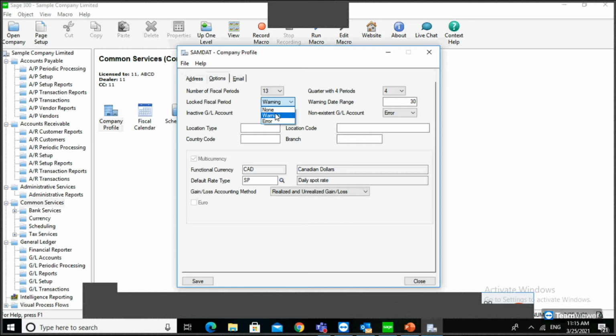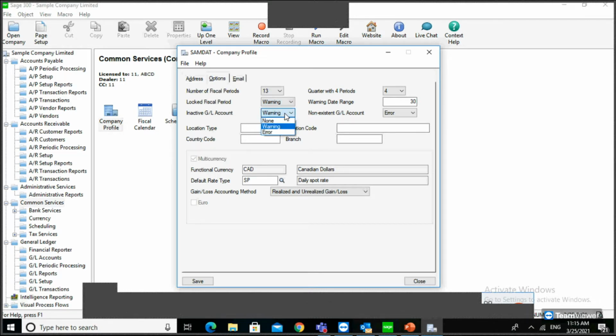That means you are not restricted; it only gives the warning message that the fiscal period is locked. The other option is error. This means if the fiscal period is locked, you can't post any transaction if you set this message as error.